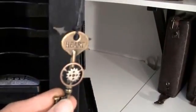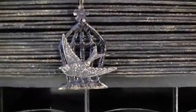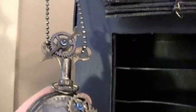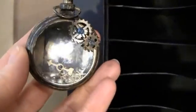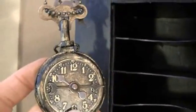And here I store my stamp or distress inks. And here's a little key with some gears on it that holds the curtain, and on top here is a little birdcage, and here's the clock. This was really fun to alter. Some gears inside here so it moves. Clock on the back here. So yeah, then